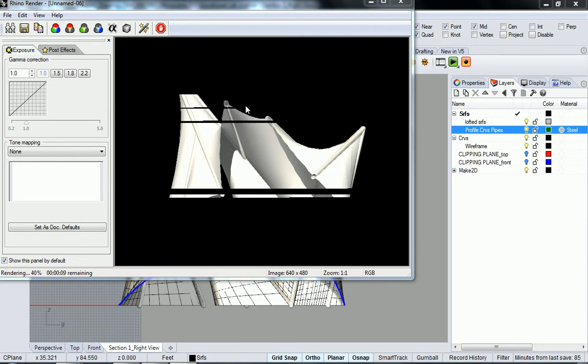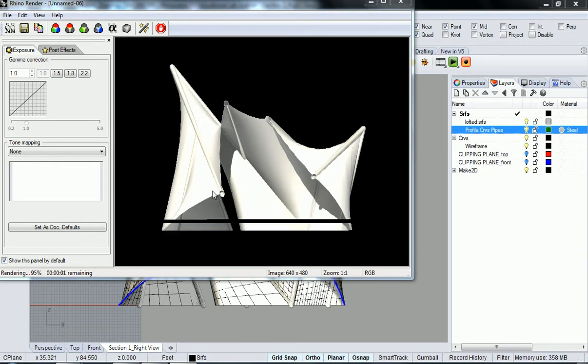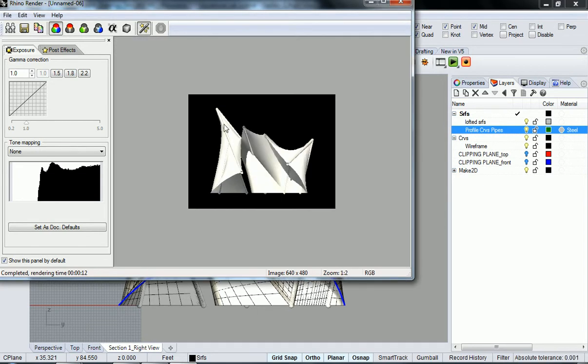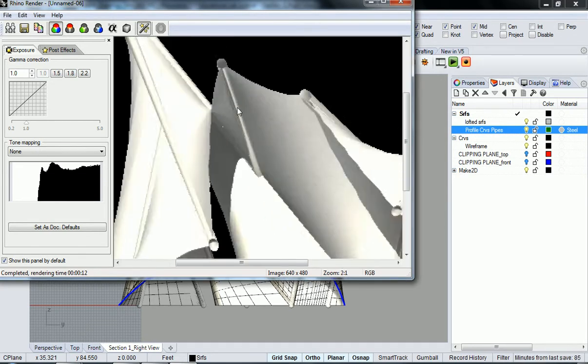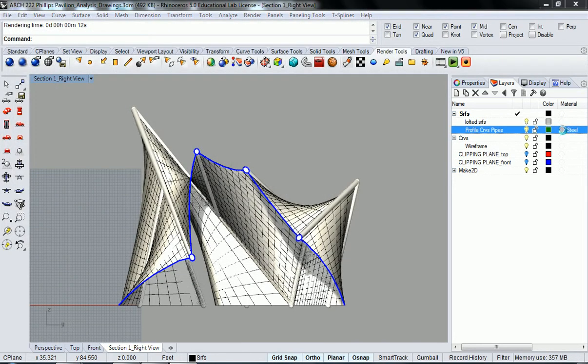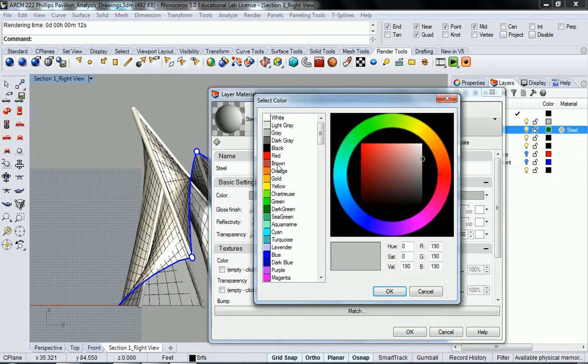So it's getting a little bit darker. You notice the sun is turning it yellow, so that might also be interfering with our color choice. But you can still see that reflectivity that's happening. So that's good. So I'm going to go ahead and make this color even darker, and let's see